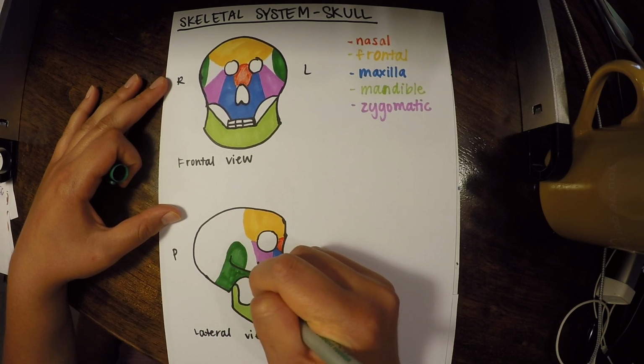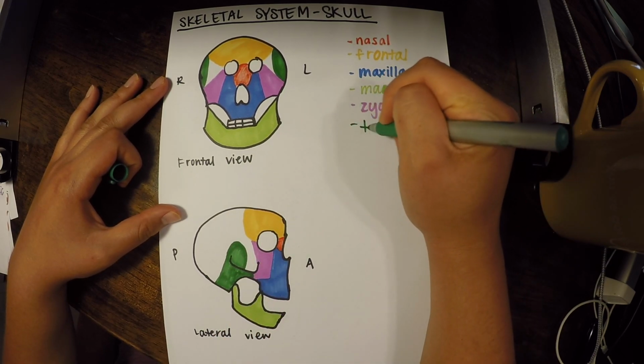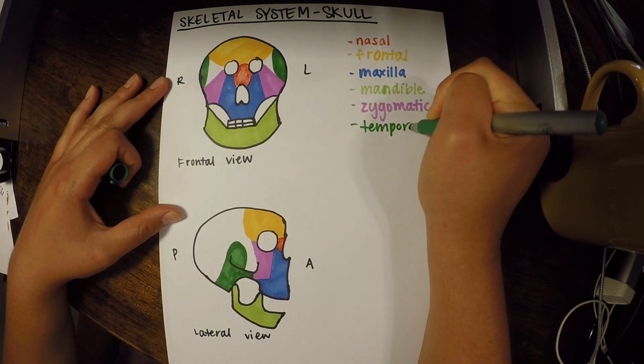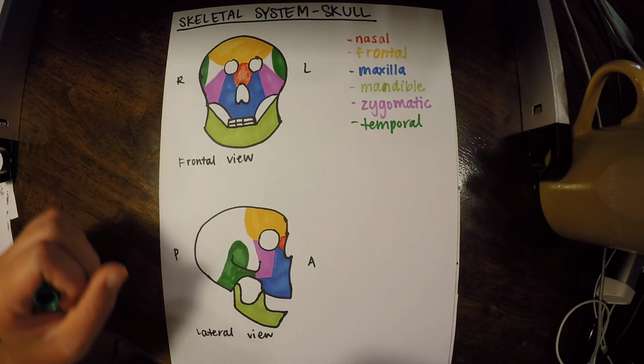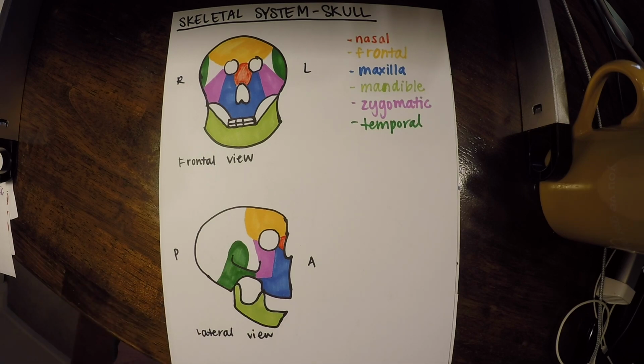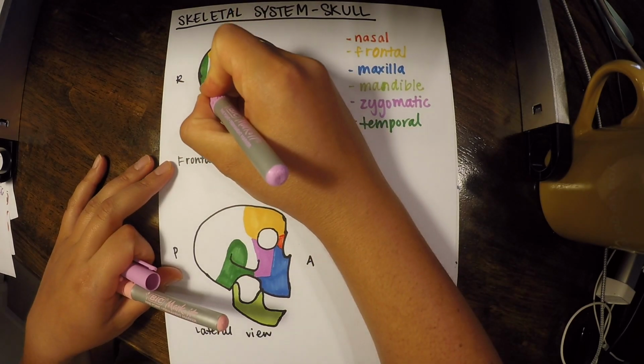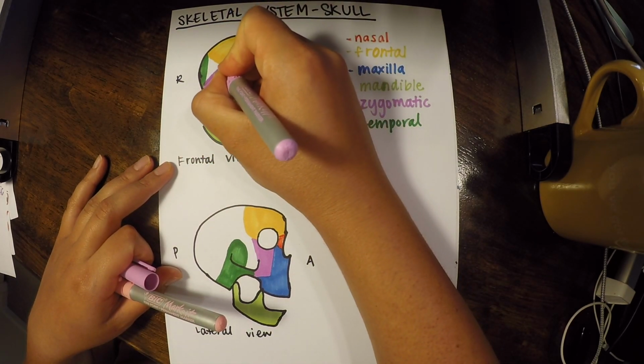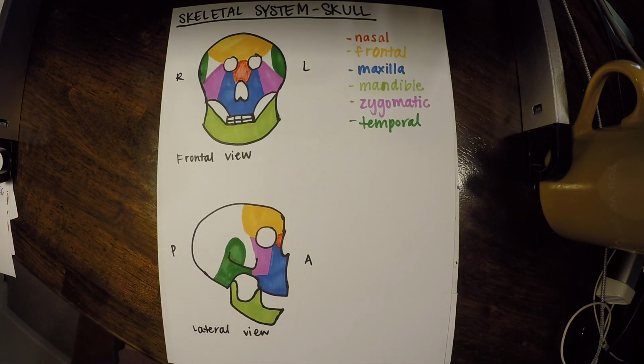So that wraps up our temporal bone. Now, just one left that we'll be able to see on both, and that is our sphenoid bone. Now, the sphenoid bone is kind of odd, and you can actually see it a little bit more inside of the skull, so we'll also take a look at that inside view. But you can see it a little bit on the outside as well.